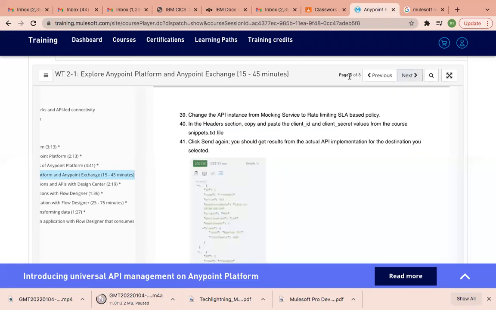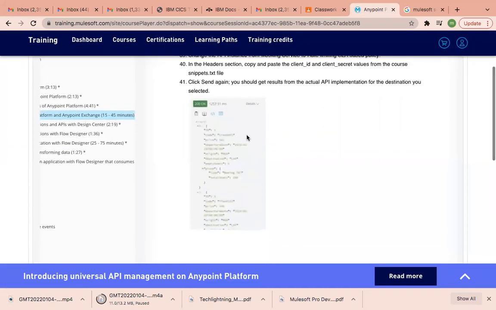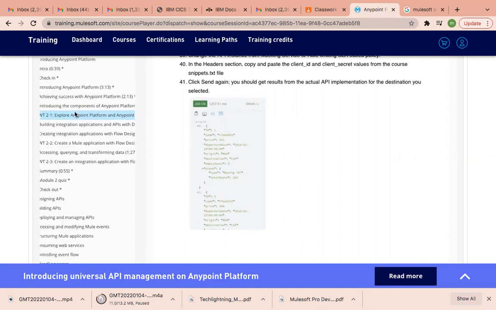Now you have to wait more than 15 minutes, minimum 15 minutes, but wait 1 or 2 minutes extra. At least 17 to 18 minutes.